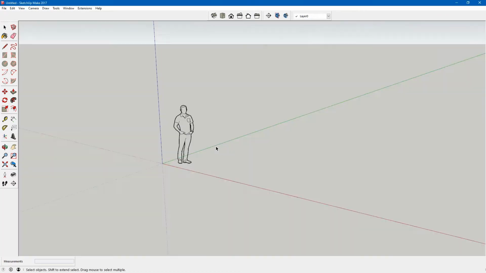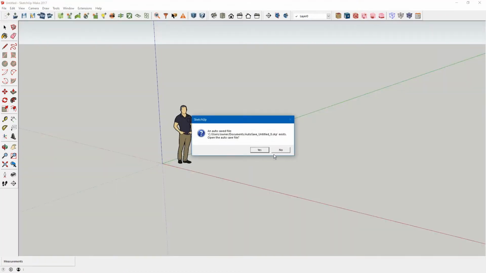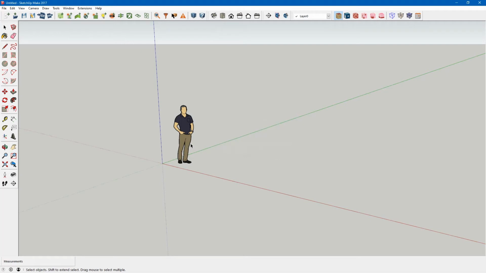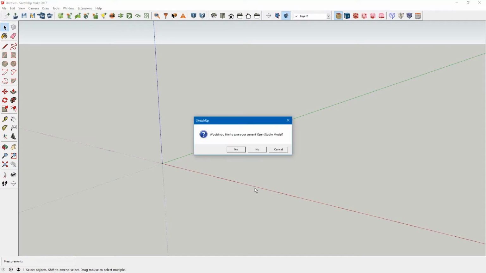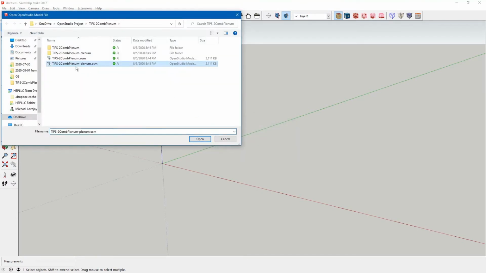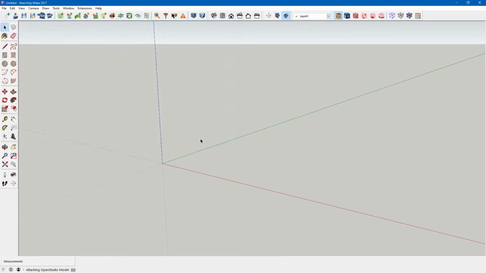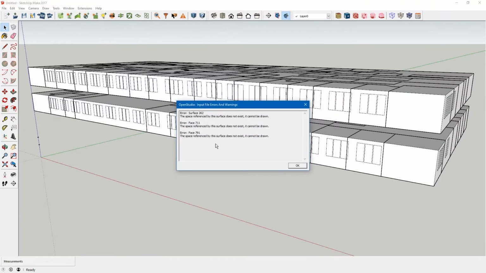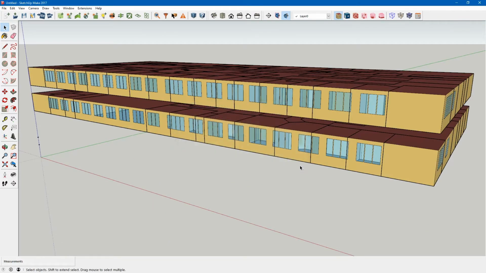We'll go to the new instance of SketchUp, and we'll just delete him, and we will open that saved version that we just created of the plenum. We can ignore these errors once again.